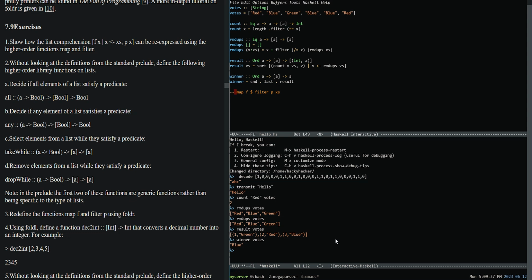Okay, without looking at the definitions from the standard prelude, define the following higher order library functions on lists. A. Decide if all elements of a list satisfy a predicate. My all. Okay. My all is a function, we'll call it predicate, and a list of bools